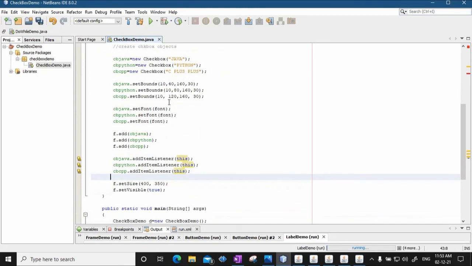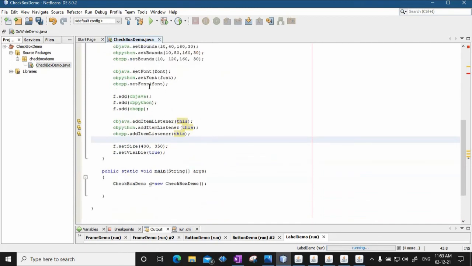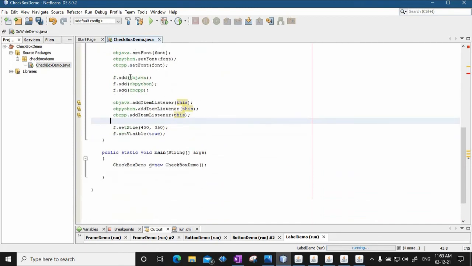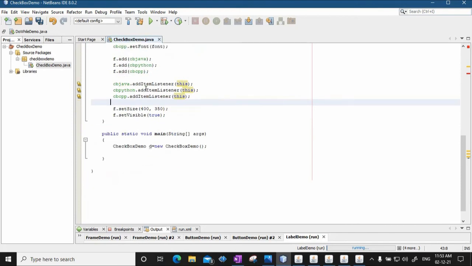Then we are setting the bounds of these checkboxes, then we are setting the fonts for these checkboxes, we are adding those checkboxes to the frame, and finally we are registering the item listener objects for the item event. Now this event will happen when we check or uncheck the box. Now we have registered the item listener for it.